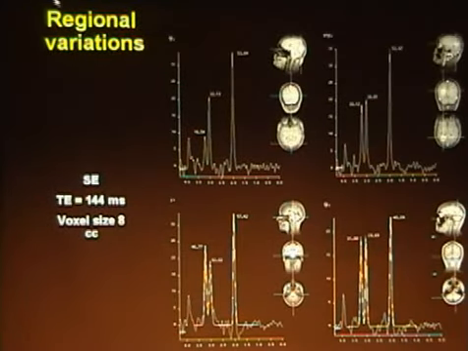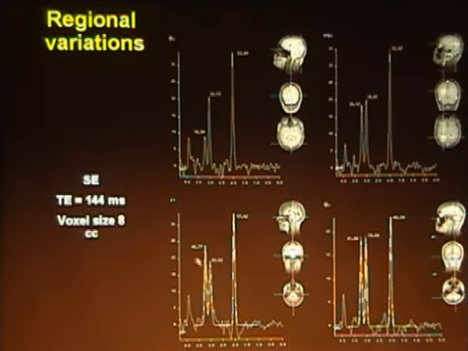Just to show you the regional variation, and this is in the same patient using an echo time of 144 milliseconds, the same voxel size, a single voxel acquisition. If you place the MRS within the gray matter in the posterior cingulate gyrus, you can see this is a fairly normal gray matter looking MRS with a lot of NAA and not so much choline. If you move the voxel into the parietal white matter, you can see that the spectrum changes quite markedly. There is much more choline, and that's probably because there's more axons in the white matter, and these axons have higher myelination levels, so the myelin is packed closely together and the choline level is resultantly